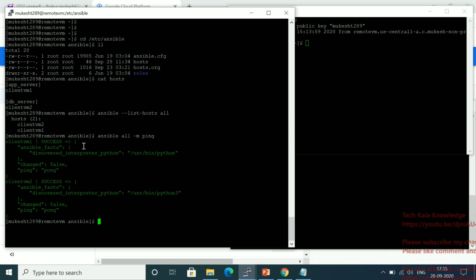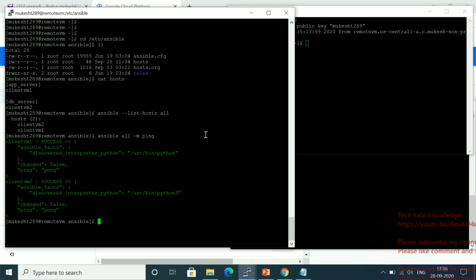You can see it's showing success. It means my Ansible server is able to ping the client machine, so the client machine is active and reachable.